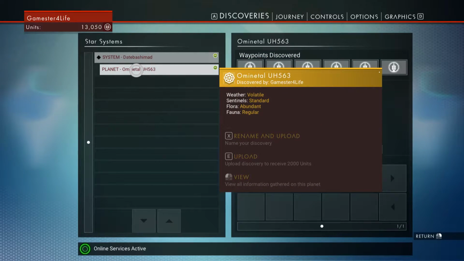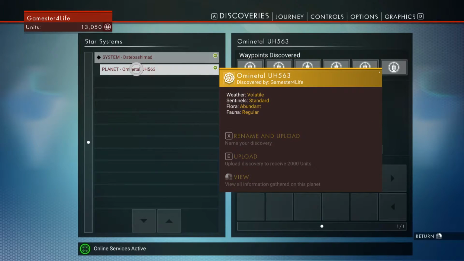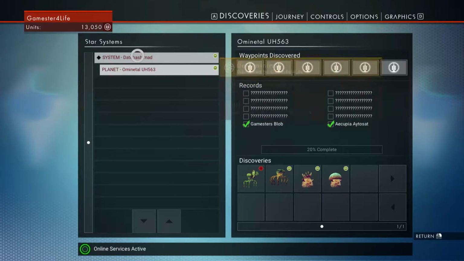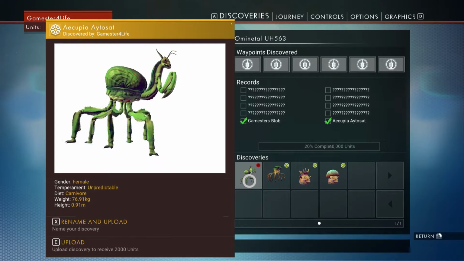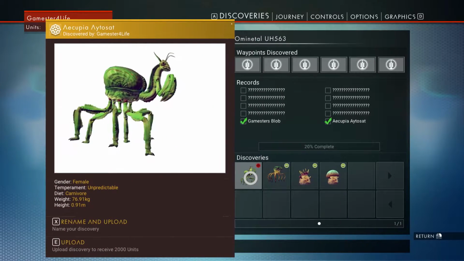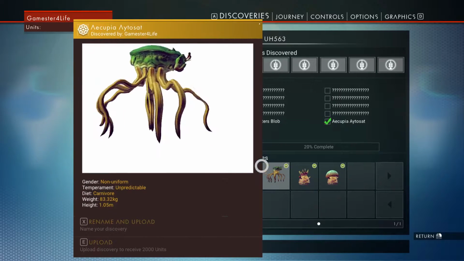Right, here we have the planet. Now it looks like I've uploaded that already, so I can't actually upload that. So yeah, can't upload that. I will show you though where I have renamed something. So I've uploaded that one and got the money for it. Have I? Why has it got a little red... Do you see that little red above it? I'm wondering why that's red and the rest are...